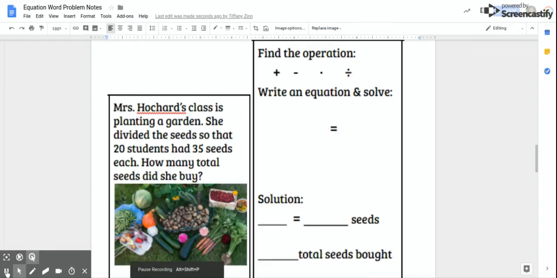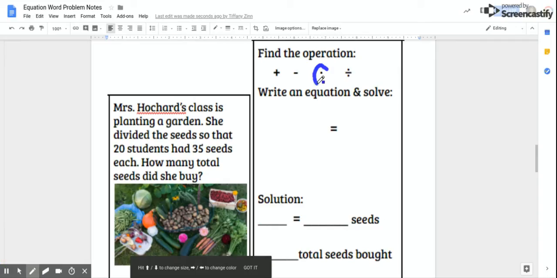So it says, Miss Hotchard's class is planting a garden. She divided the seeds so that 20 students had 35 seeds each. How many total seeds did she buy? If you were to do this in your head, it's pretty easy. You would just have to multiply 20 times 35, and the little dot means multiplication,